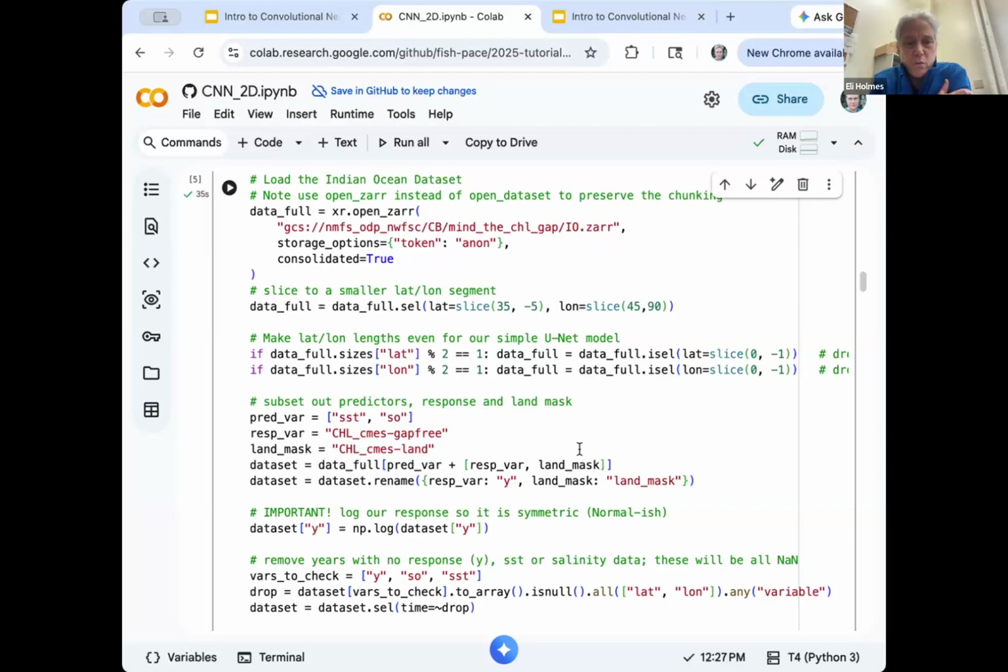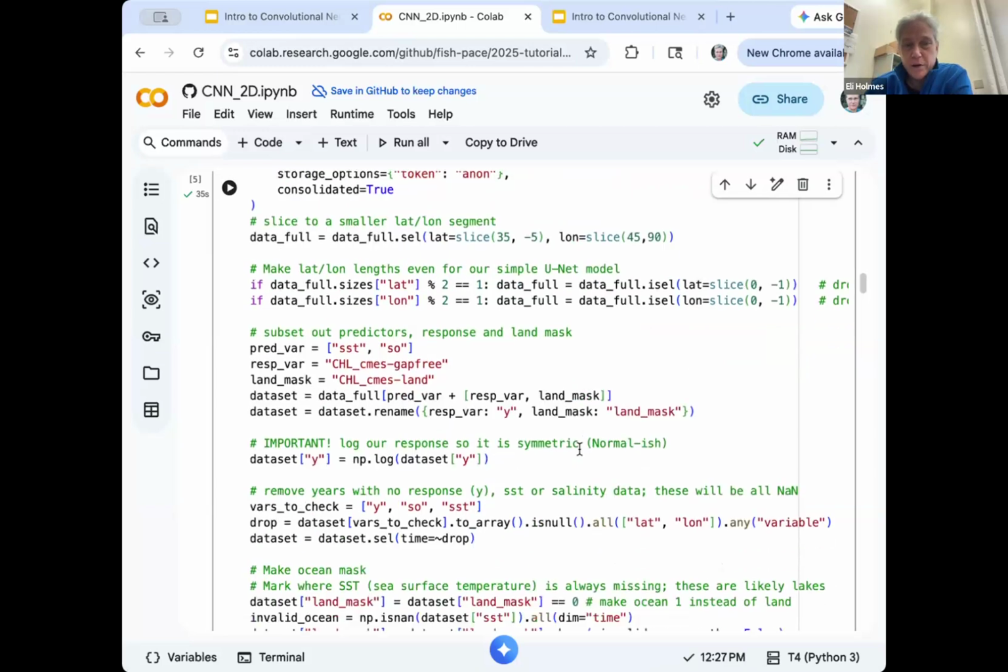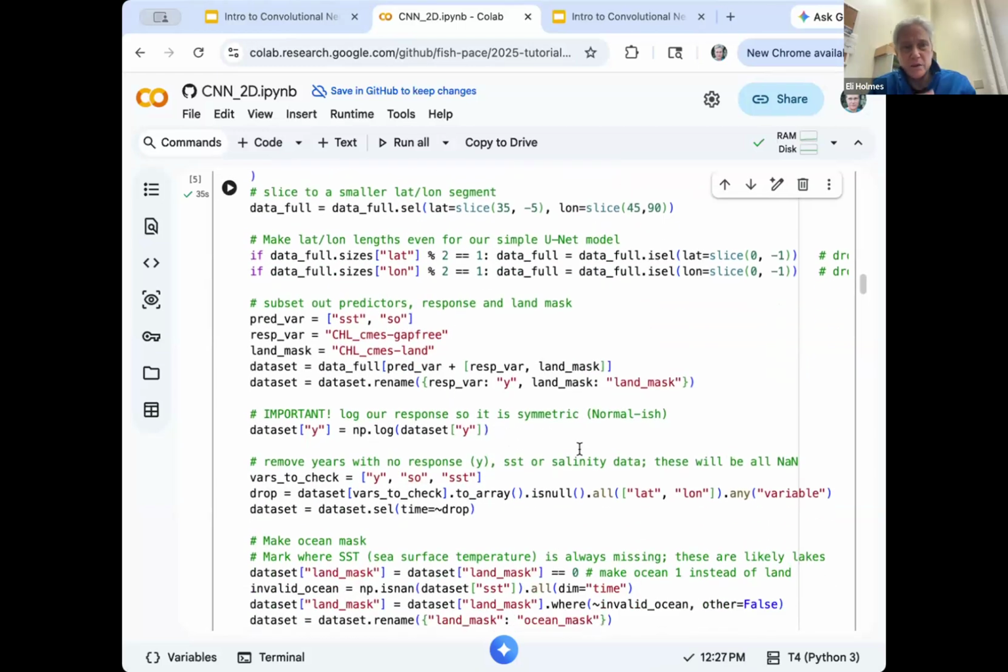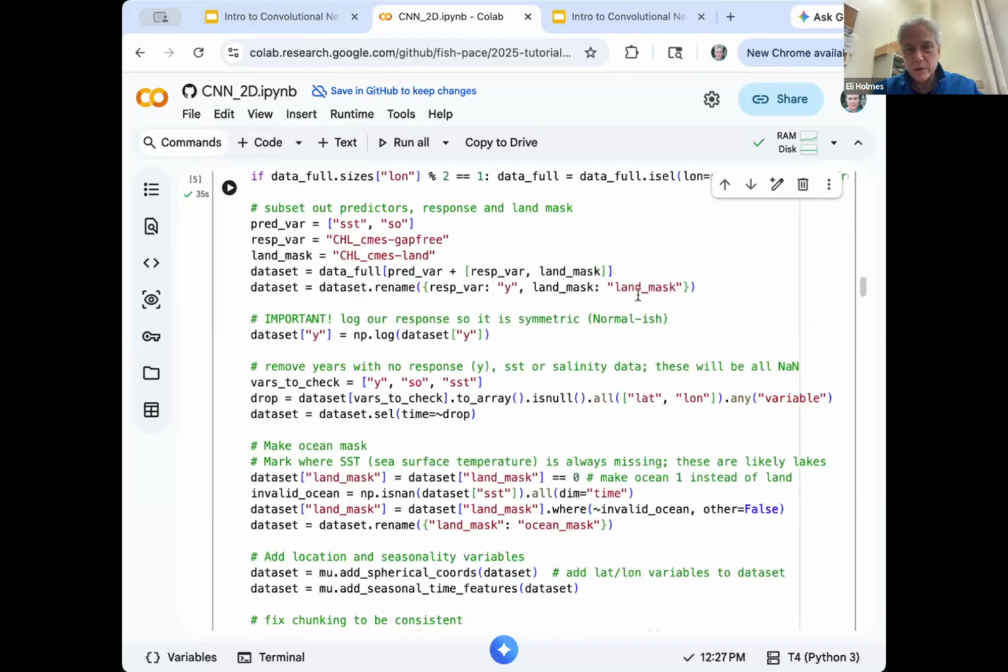Okay, so what is this doing? It's loading in this data set and preparing it for us a little bit. The full data set has lots of different variables in the Indian Ocean, and I'm going to pull out the SST and salinity. I'm going to pull out this product here. It's a chlorophyll. Like I said, it says gap-free. It's not really. And then I also want my land mask, and I put them all into my data set. So instead of having the full thing, I'm going to take a subset of that, do a little renaming,